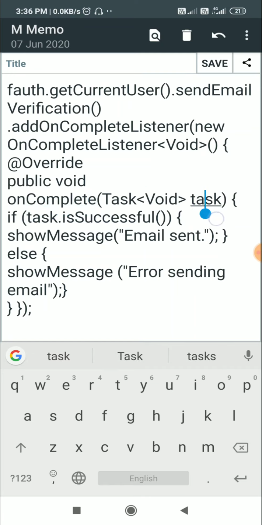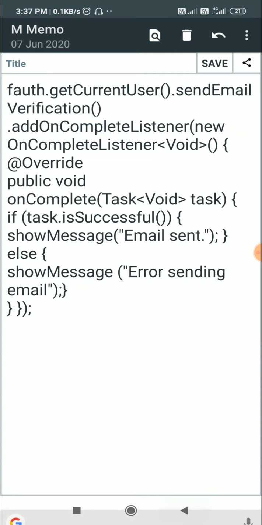This task is a variable. So inside this I check if task is successful. If task is successful, then I show message email sent, else I show message error sending email. Okay, so this is how I send the verification email